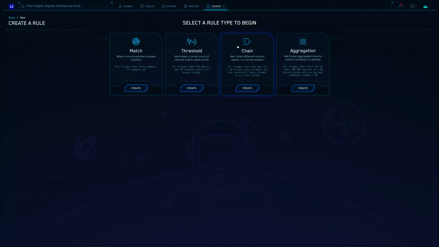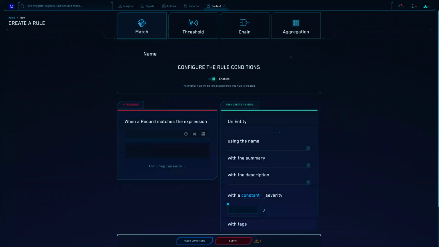For this first one, we want to do a custom match rule. And so we want to choose the match rule, and we're going to click create here. And now, like we were doing, we're going to fill in the blanks. So we're going to give this a name, as we've done: match rule, JB234. And now I'm going to have my if and my thens.